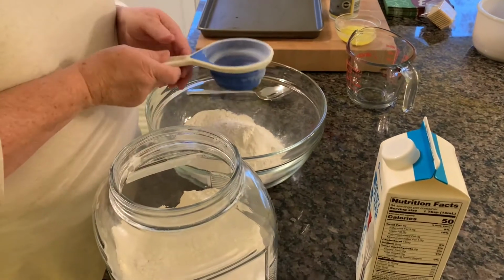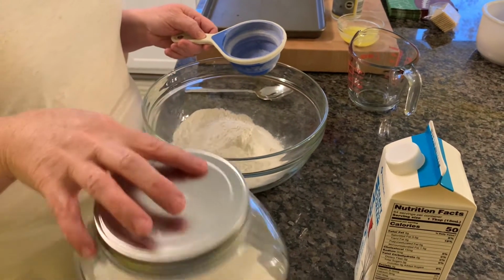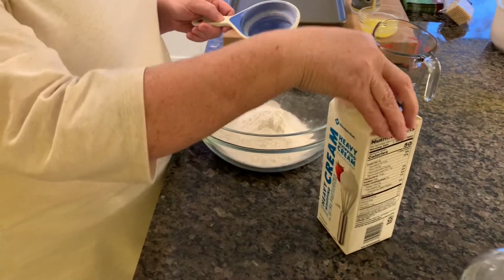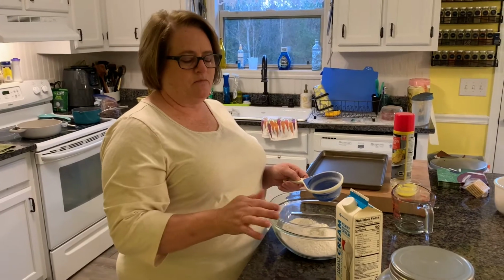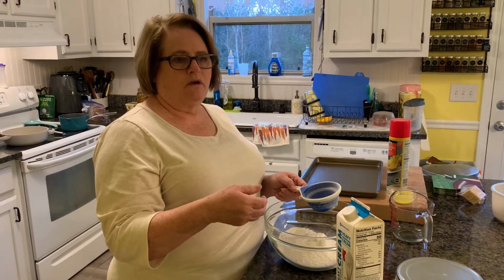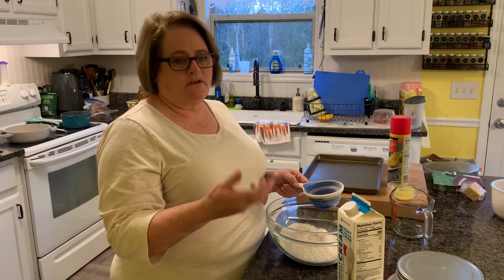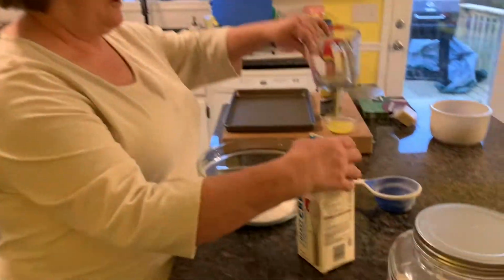This recipe uses this heavy whipping cream, and what I read about this is the reason this is good to use is you don't have to use any kind of fat, because this has plenty of fat in it, like butter or lard or some other kind of fat that you might use for biscuits. Okay, so